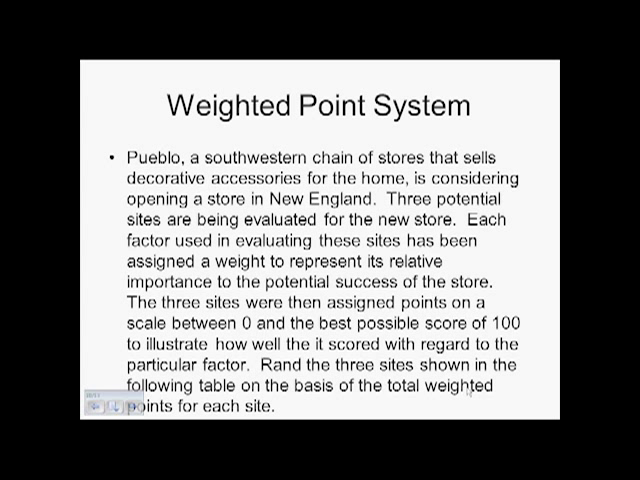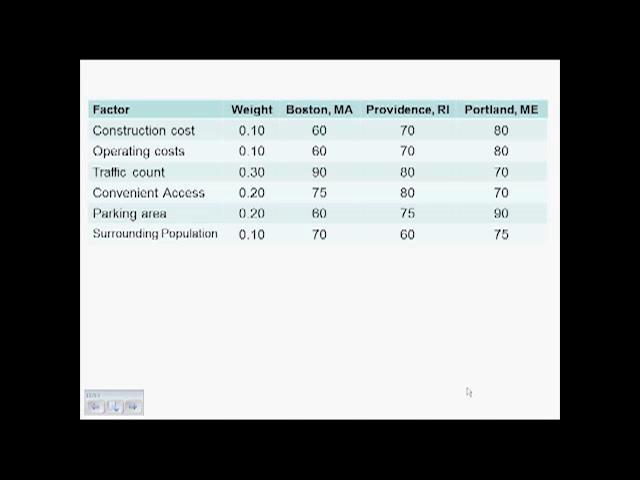Each factor used in evaluating these sites has been assigned a weight to represent its relative importance to the potential success of a store. The three sites were then assigned points on a scale between 0 and a best possible score of 100 to illustrate how well each scored with regard to the particular factor. Now with this, we want to take a look, using this table on slide 11, to see which is the